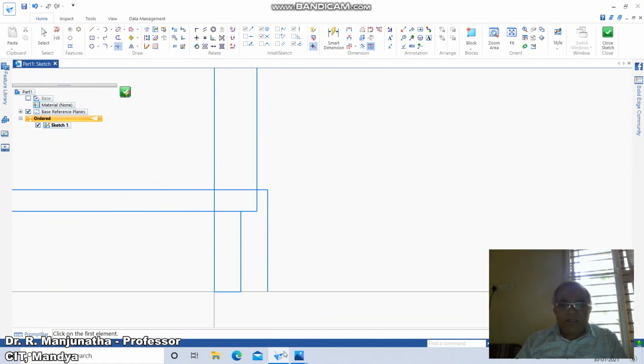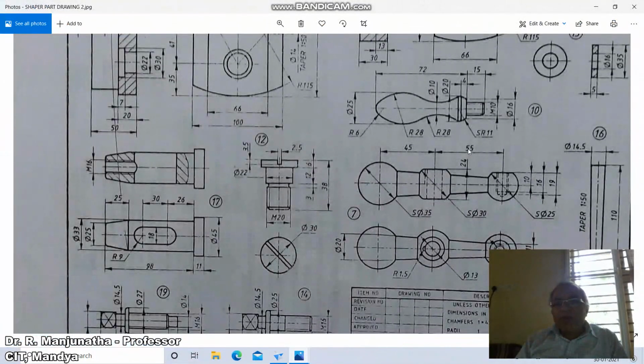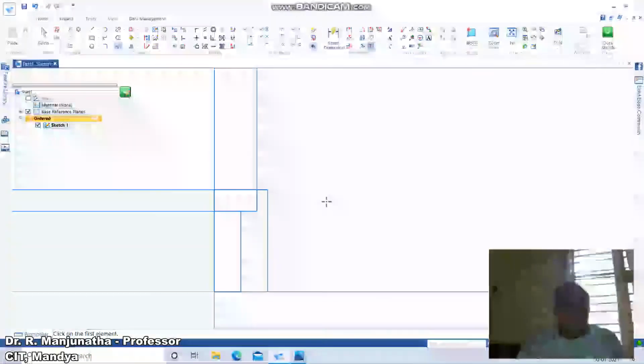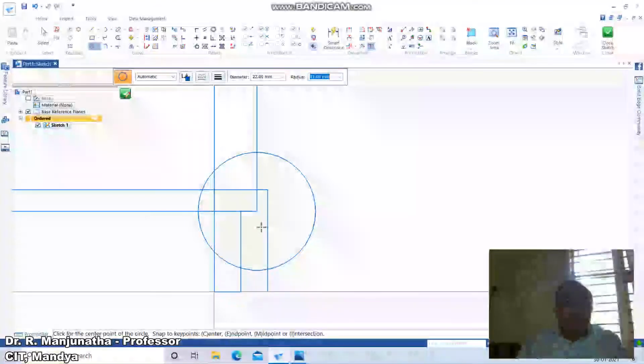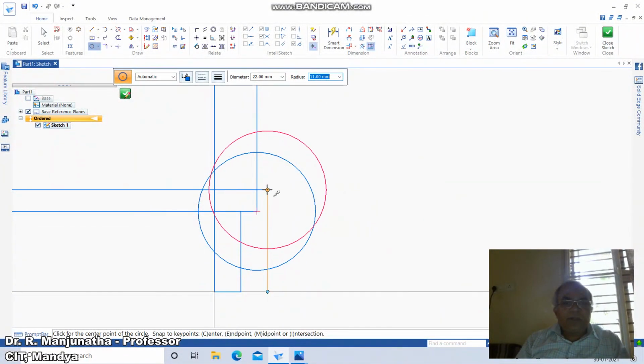SR11. SR11 is nothing but the sphere of radius 11. So go to Circle, take the intersection point and take the radius as 11. Similarly you take it on this side.